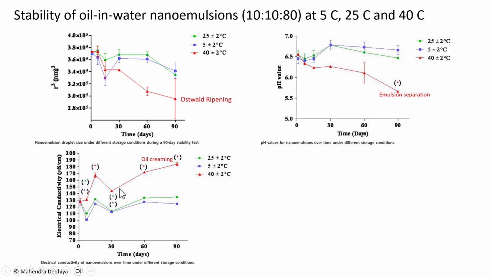Conductivity is increasing slowly at 40 degrees, and at 90 days, oil creaming is observed. pH values are stable at 25 and 5 degrees. They decline at 40 degrees, and at 90 days, emulsion separation is shown. So these types of studies provide mechanistic understanding of the emulsion and its stability,